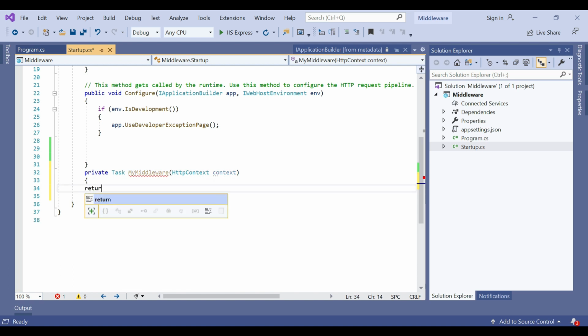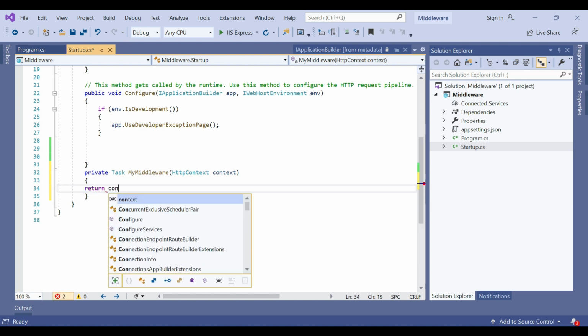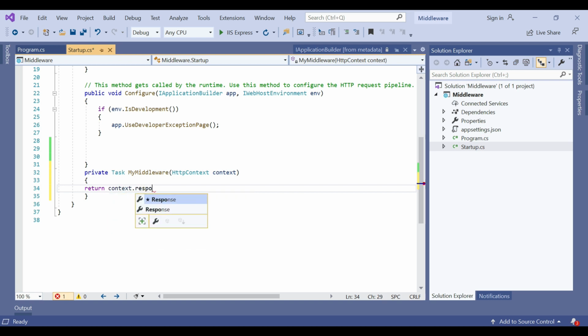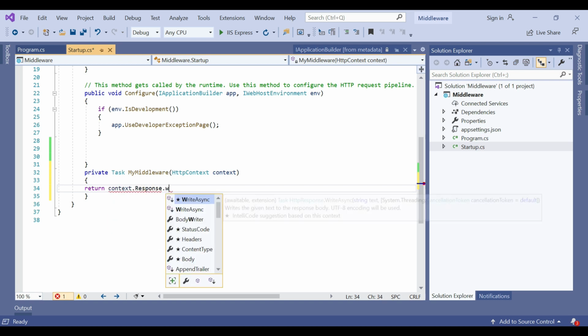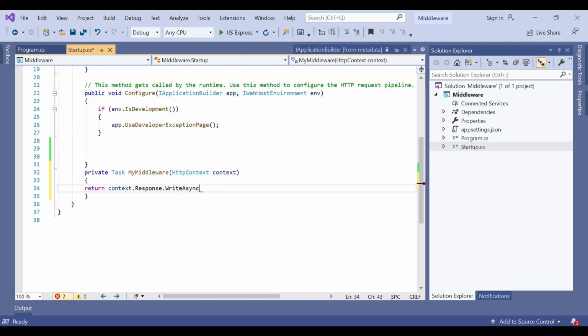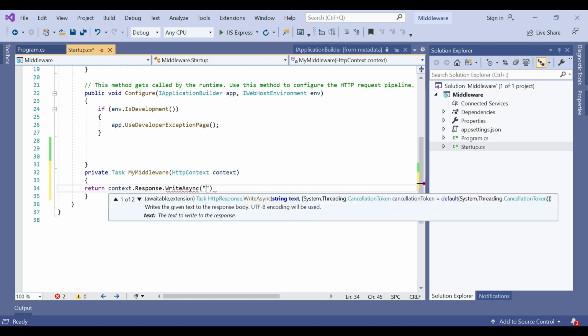Then return context.Response.WriteAsync, let's say "Hello world from extension method".